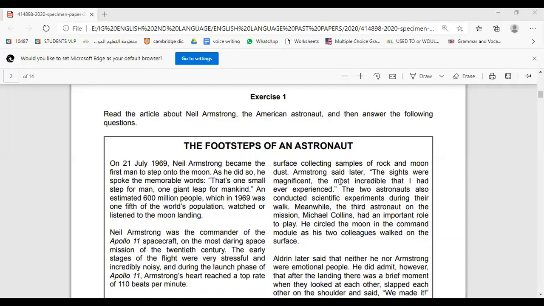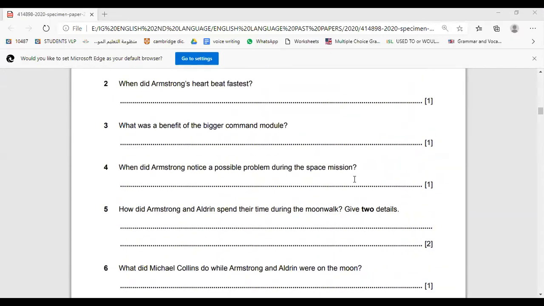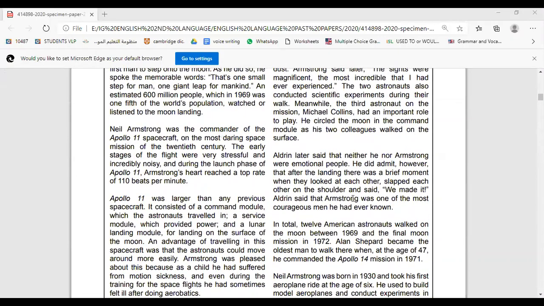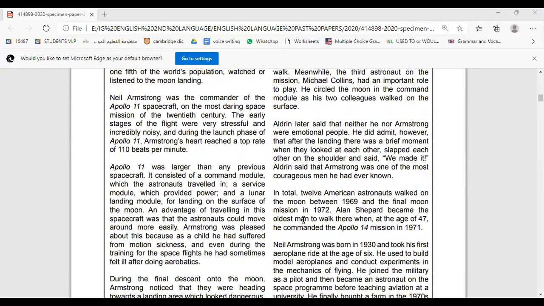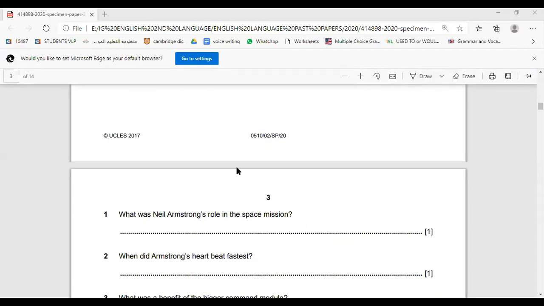Okay, here is the first exercise that I sent to you yesterday on PDF, and it says, read the article about Neil Armstrong, the American astronaut, and then answer the following questions. Here is the text, as you all see, and here are the questions. I repeat again, if you are this kind of person who prefers to read the text and then go to the questions, do that. I myself prefer to go and read the first 2 questions and then look for their